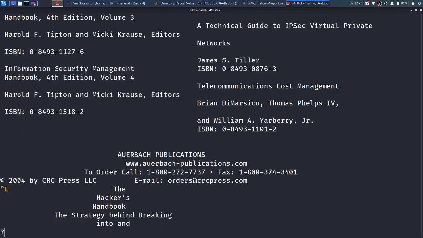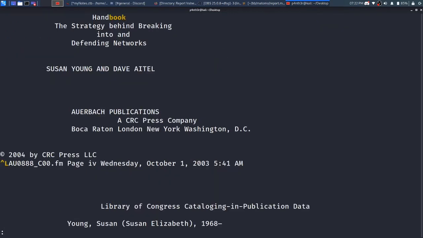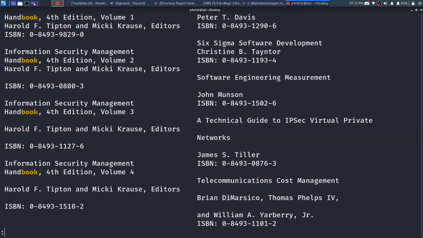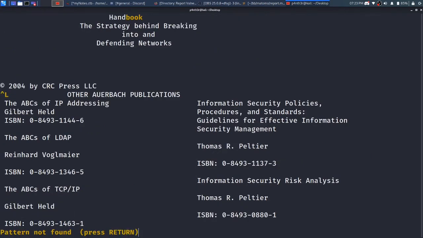So I will type question mark again, and I will type book. It is showing the match here, and pressing N to see the next book, it will go up. See here, pattern not found. At the last it is showing pattern not found, because there is no other matching word, that's why it shows pattern not found.